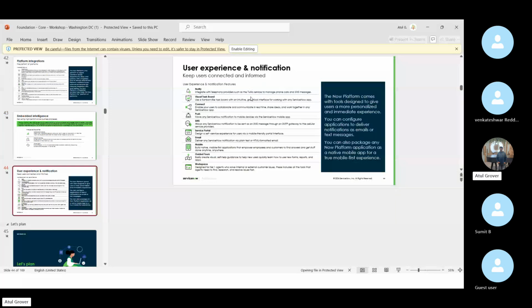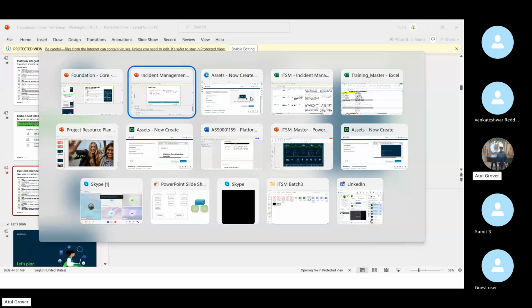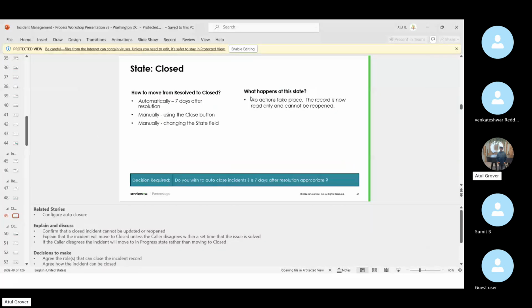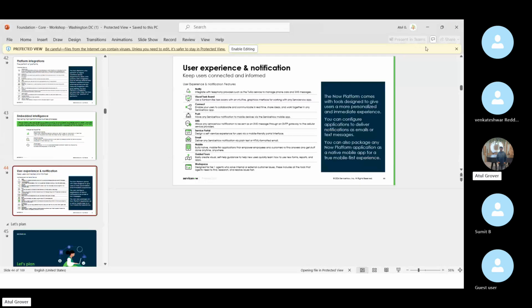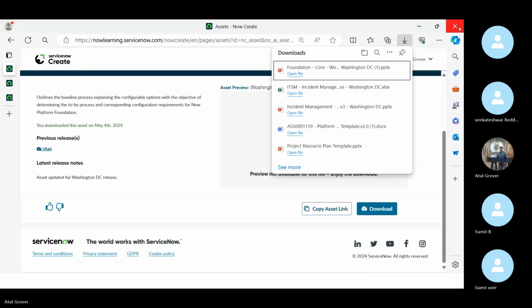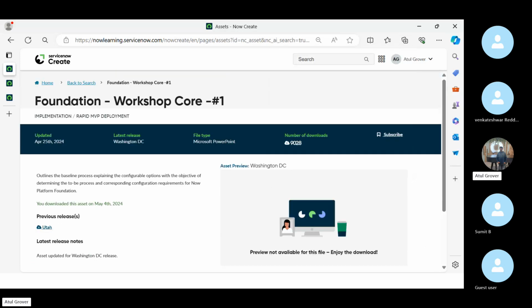So this is a place for learning, I'm telling you. You can download it. If you want to make some changes you can, but it is not recommended because it's a standard repository of documents given by ServiceNow. Right? Now the question comes, Atul, okay, this is good. Now let me come back here on the home